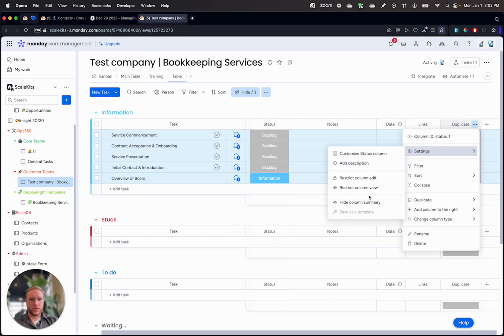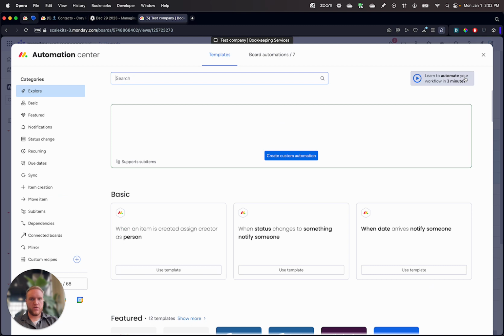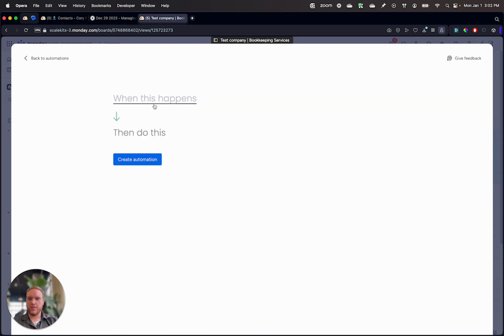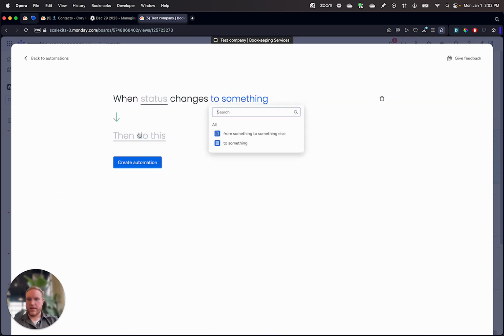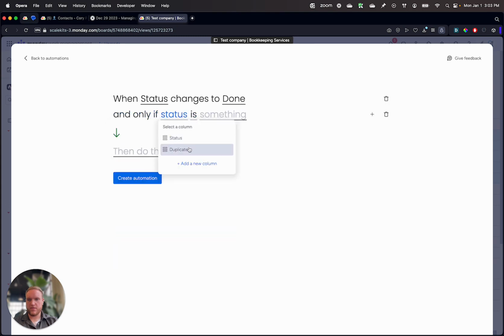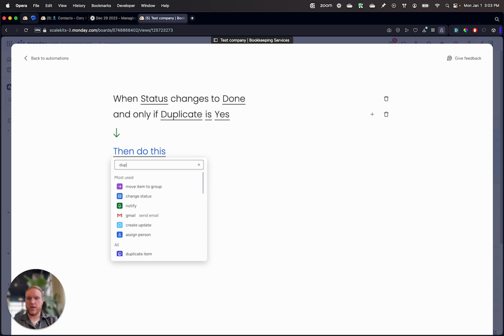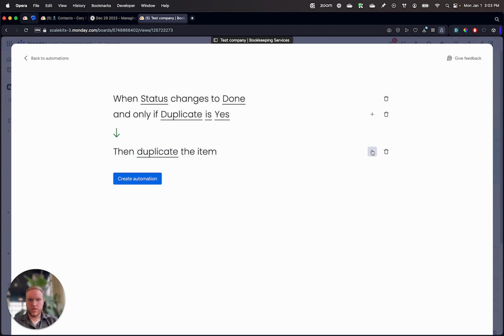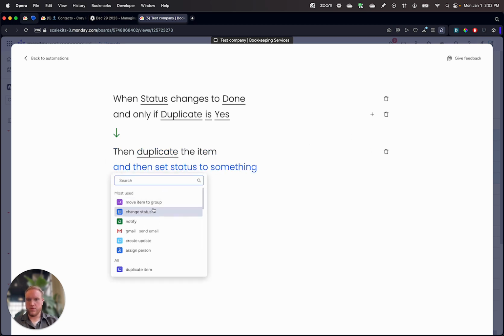So how this works is if we go into automation, click create new automation, and then say when status changes to done, and then add a condition, only if status duplicate is yes, then duplicate item, and move to